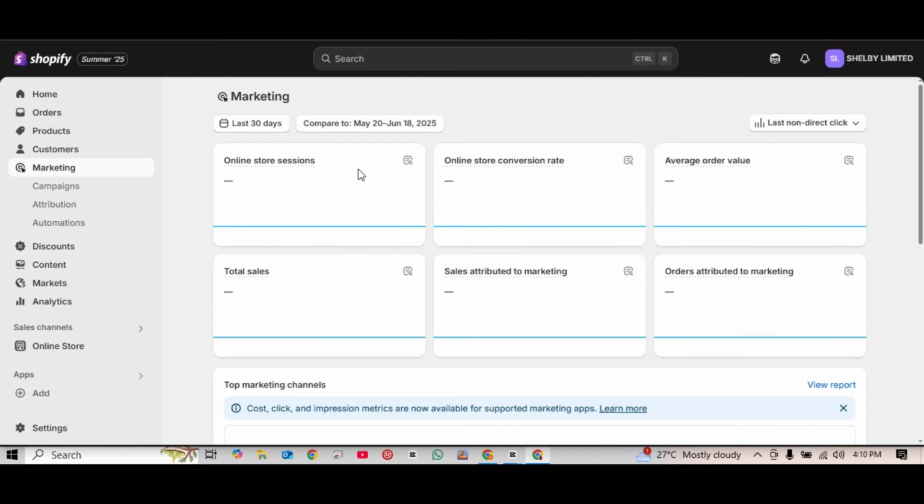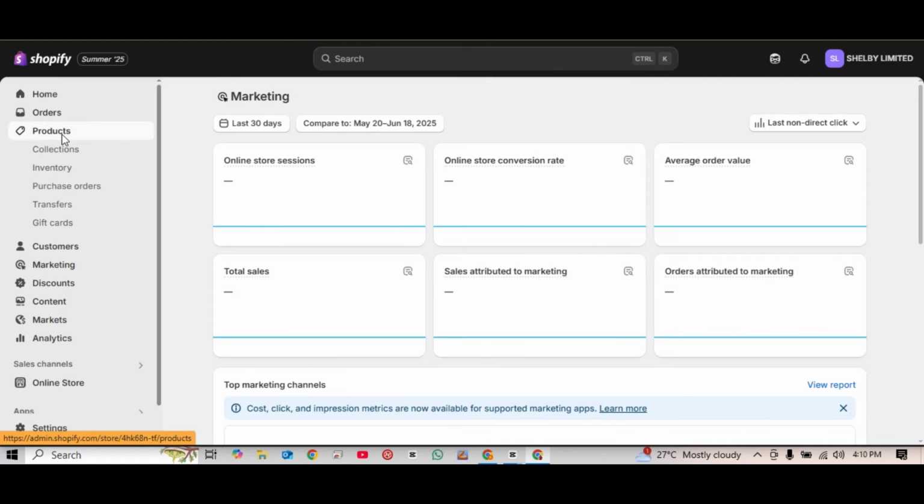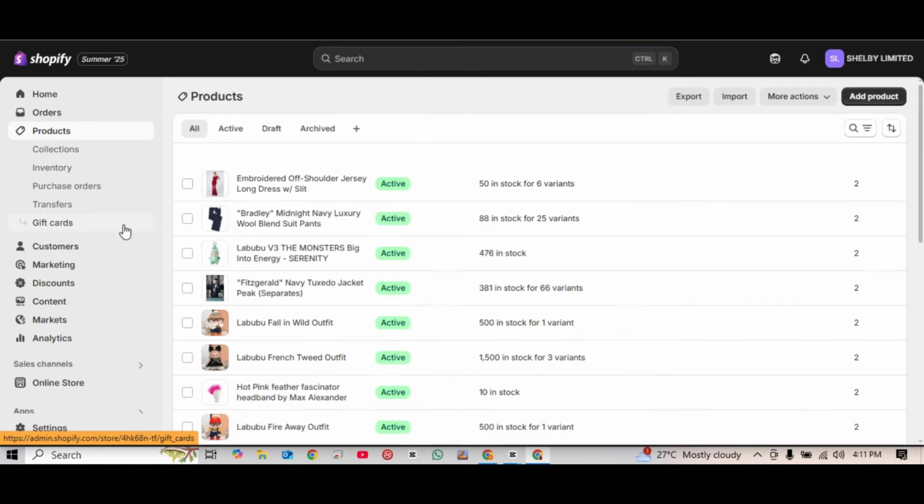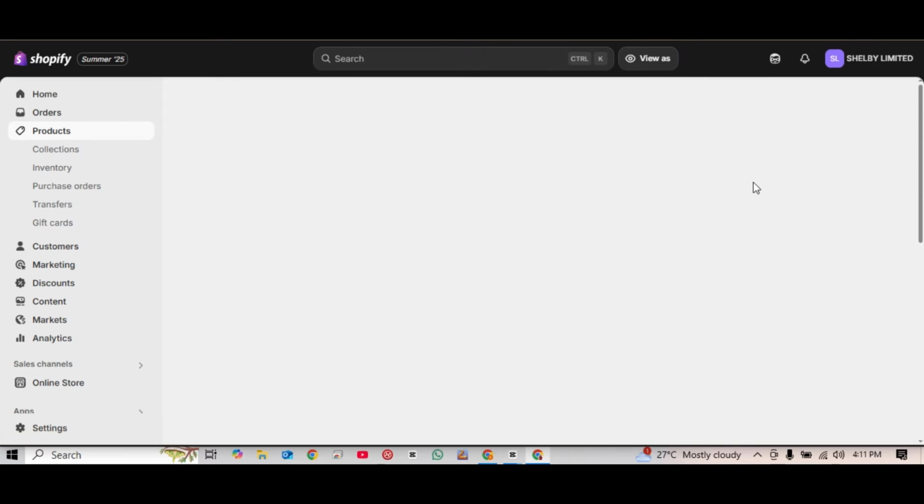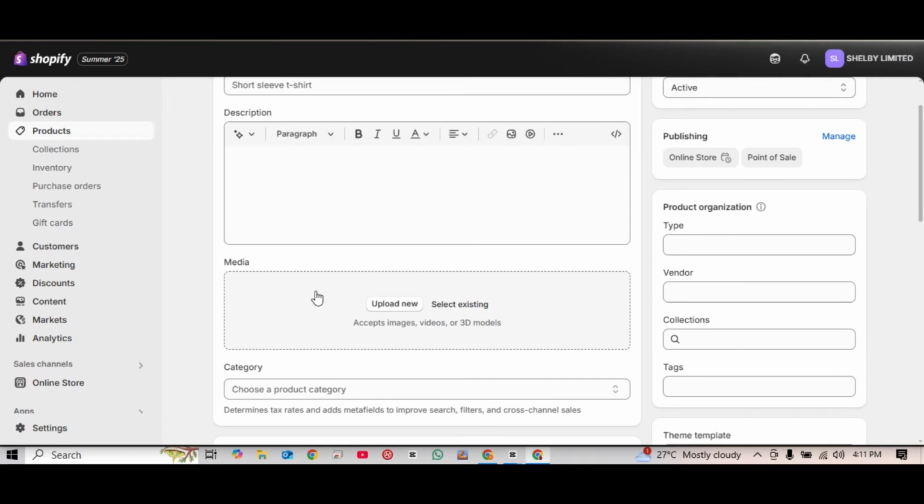First, go onto your homepage. Click here on Products from the left side panel. And now we can choose the Add product button at the top right. Click on it. And now we can enter the product title, product description, and also a specific photo of